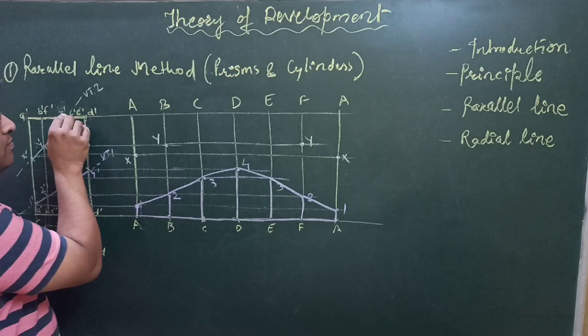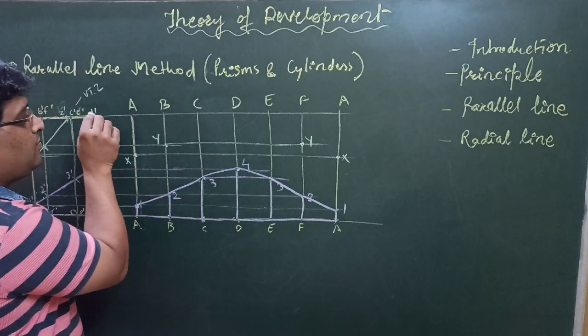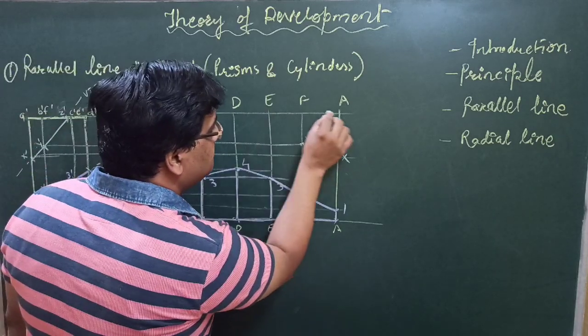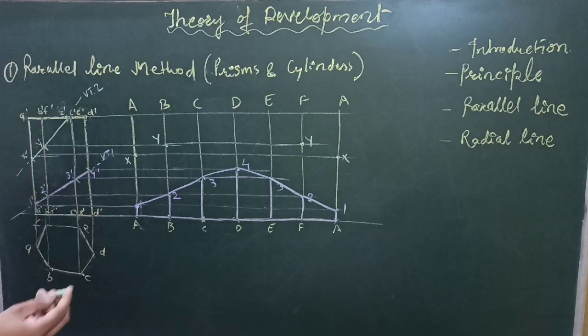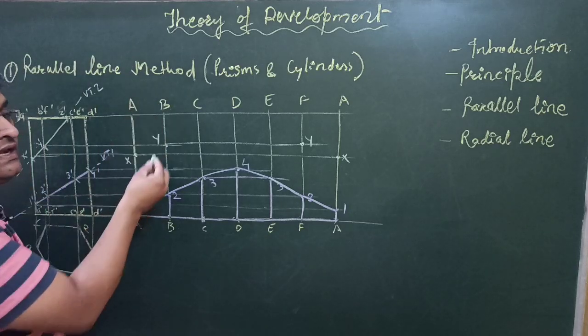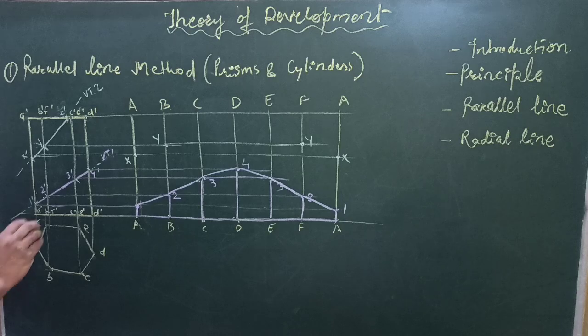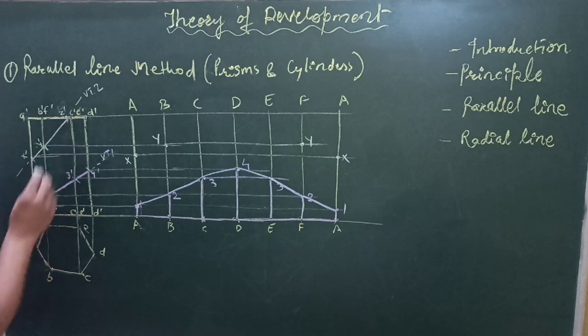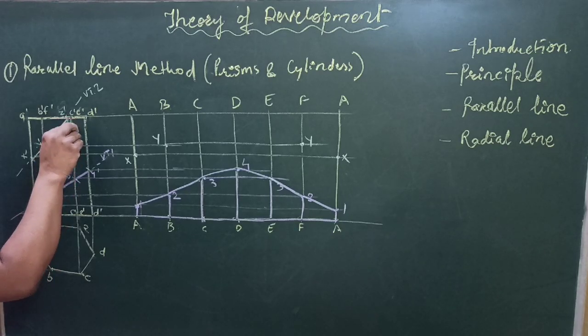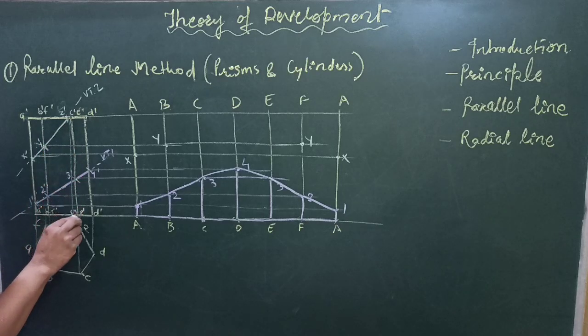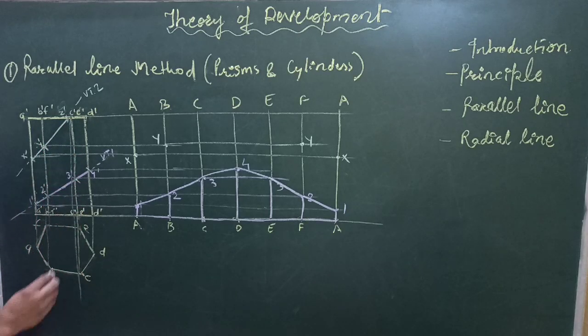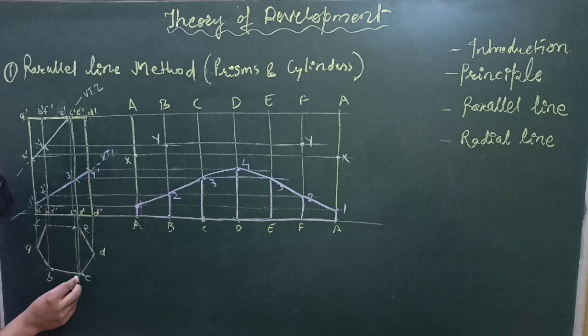Because if you draw a parallel line here, it will be overlapping on this line and it will not cut anywhere, means no vertical line is to cut there. So what you do, you draw this line vertically downwards in the top view first and identify the cutting points. So this is ZZ.